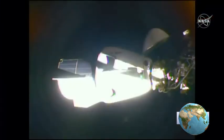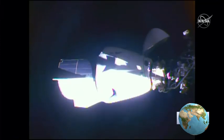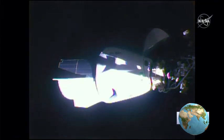Yeah, and so the next step here is once the soft capture ring is retracted, there are 12 latches that we refer to as hard capture latches. Those are what will really create that pressure-tight seal between the Dragon spacecraft and the International Space Station. So once soft capture is complete, and I believe we'll get that call from our core here, Anna, then we'll get confirmation